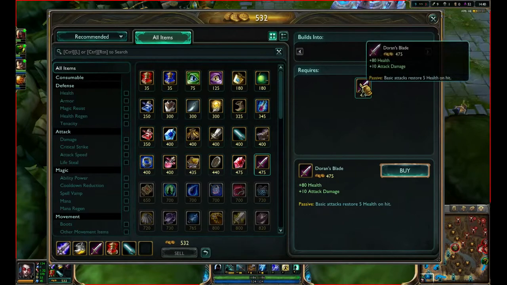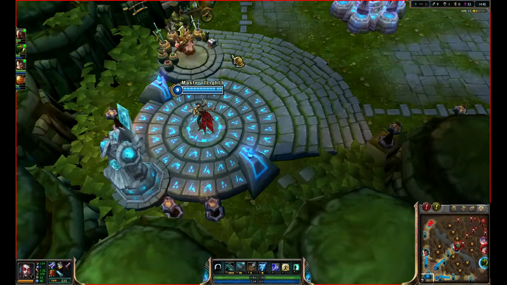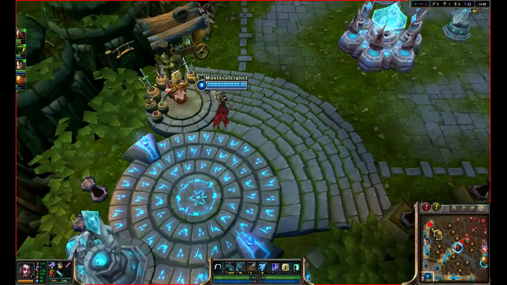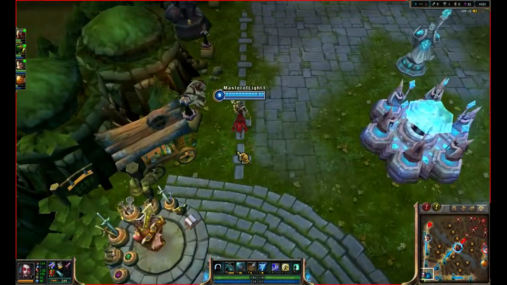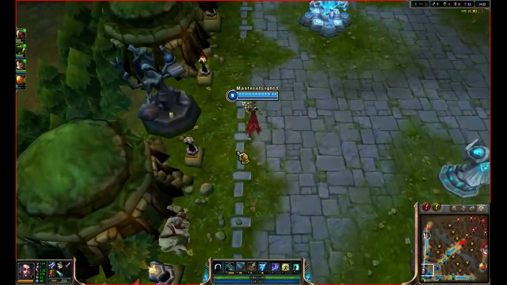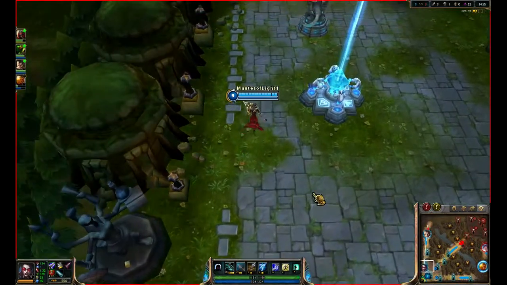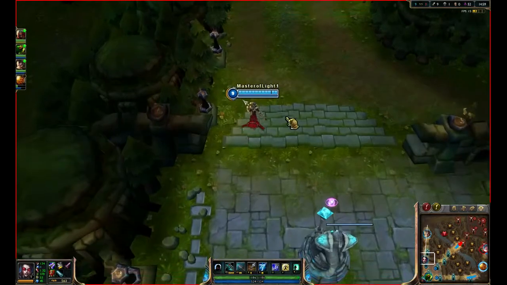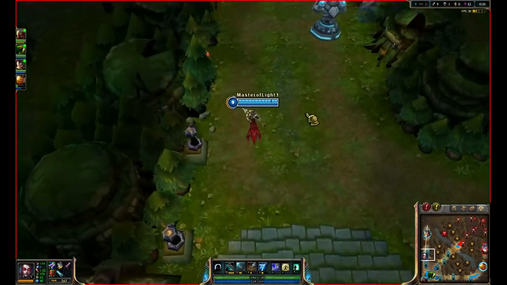that is Doran's Blade, giving 80 health and 10 attack damage early, and it really helps out for the characters who really need the good boost in the beginning of the game. Especially characters like the AD carries, because they have a good range advantage, so then they'll always get health, 5 health no matter what,